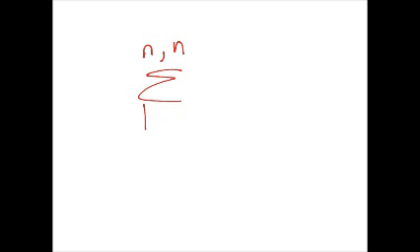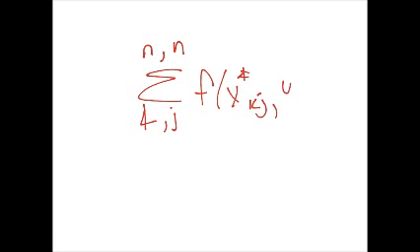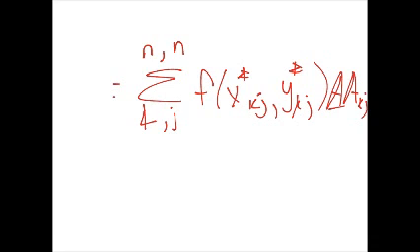And of course we have k, which is x and j. So we have f of x_kj star, y_kj star, multiplied by delta A_kj, right? And that equals 0,